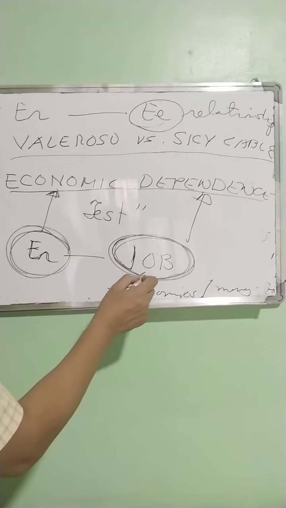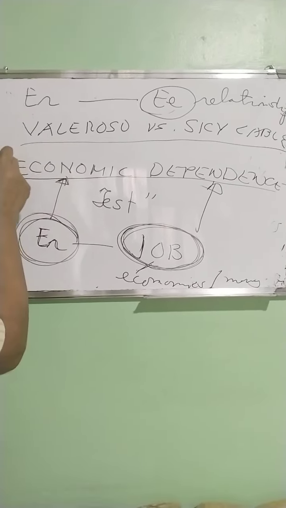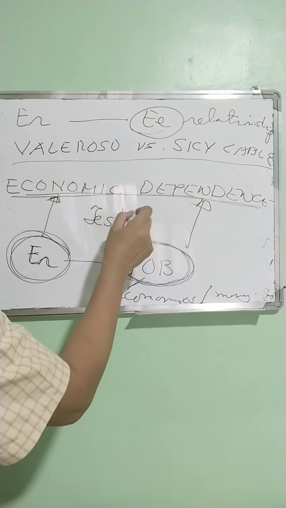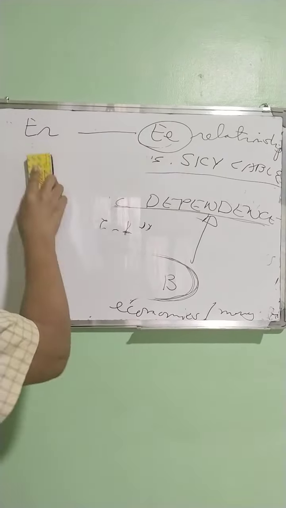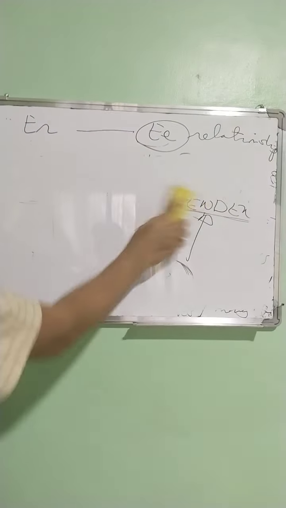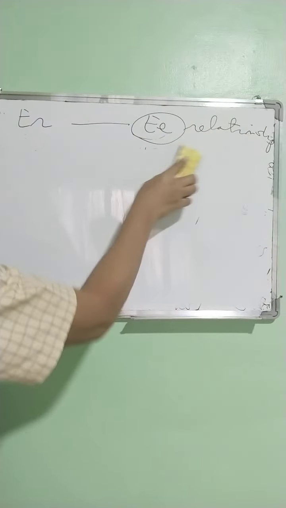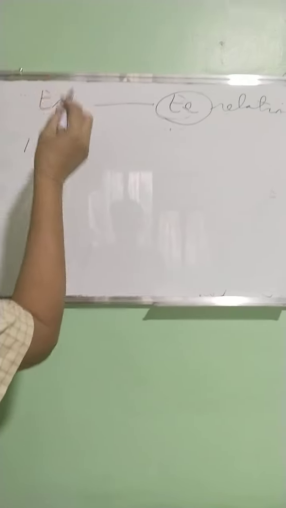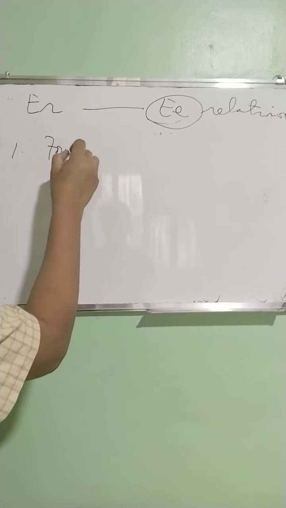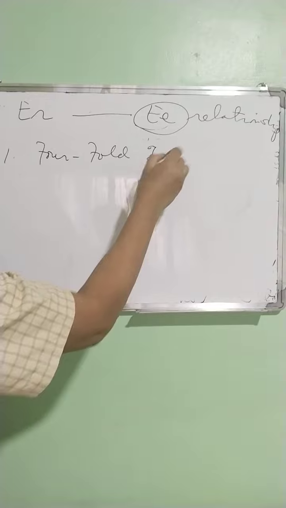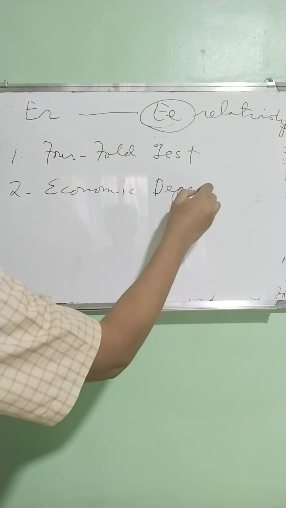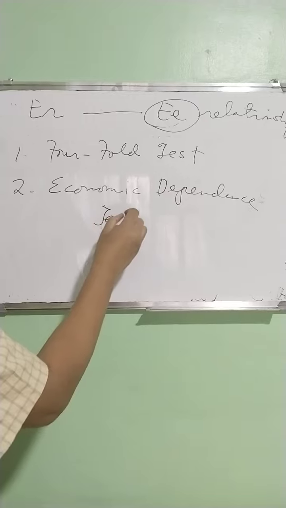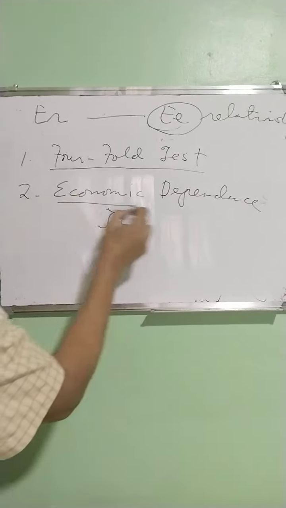And this job, of course, entails economic returns. Definitely, this particular test is also satisfactorily complied with. So, in short, in determining whether there is an employer-employee relationship, there are two tests. Either one could be shown as satisfactory fulfillment. The first is what we call the fourfold test. And the second is the economic dependence test. Either one, if it could be shown that this has been met or this has been met,